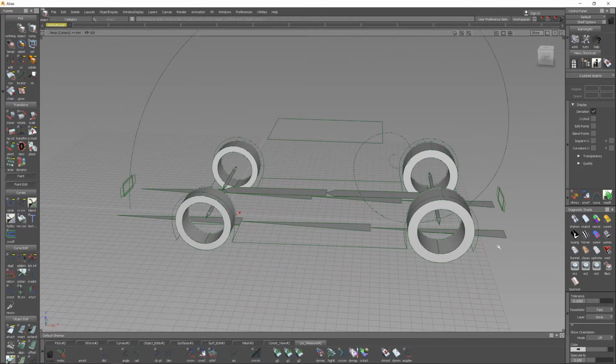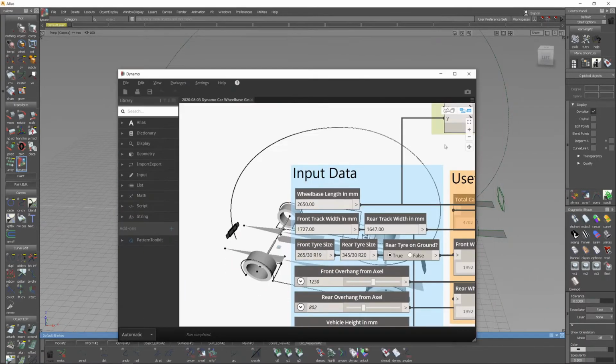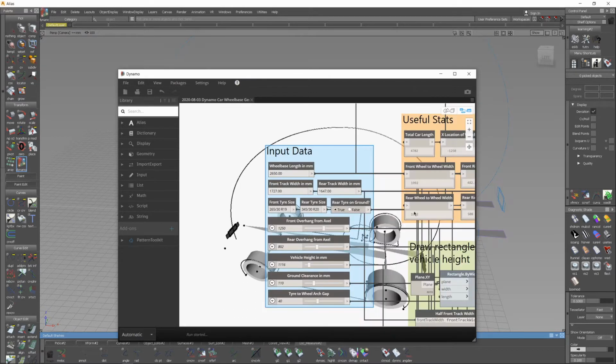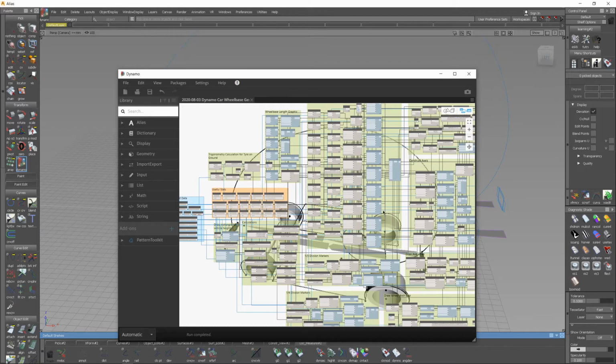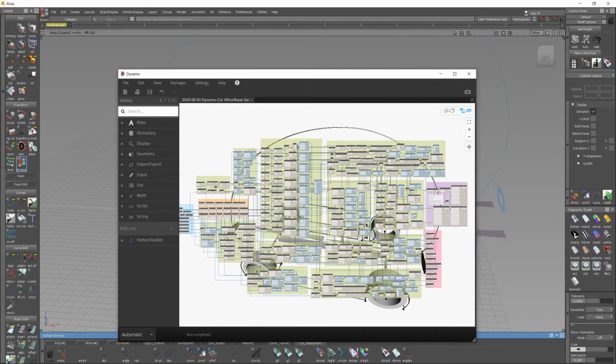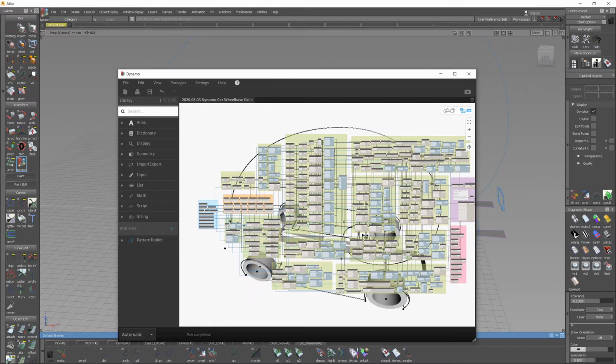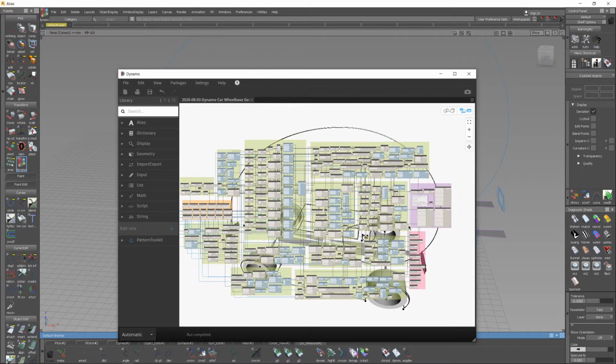Now moving on to the actual script itself, the script is actually live and it's got a live link to Alias, so anything that you change here it will change inside Alias. So right here on this blue box, this is what the whole script actually looks like. It's quite big, but on the left here you've got the input data, just a few pieces of key input data, and on the right here in this pink box you've got the output data, which is the stuff that gets written to Alias, and this purple box I'll talk about later, that's actually for Blender users,